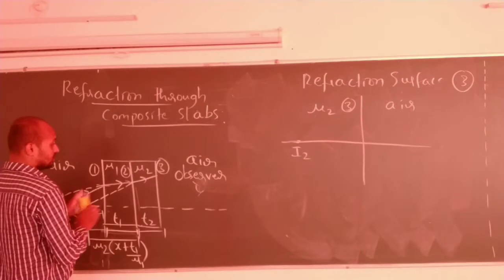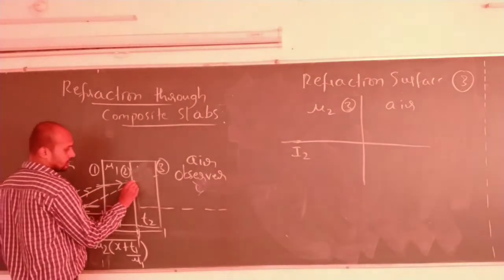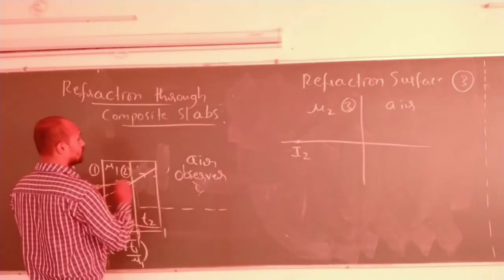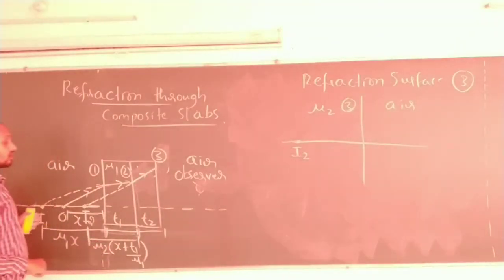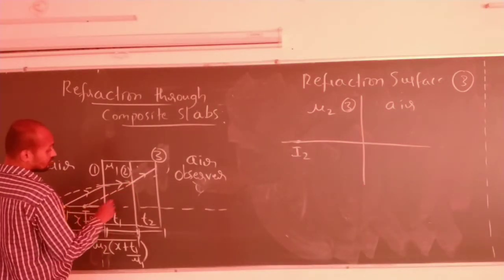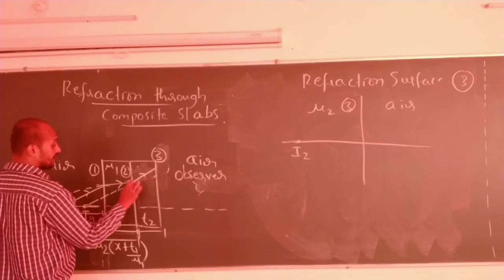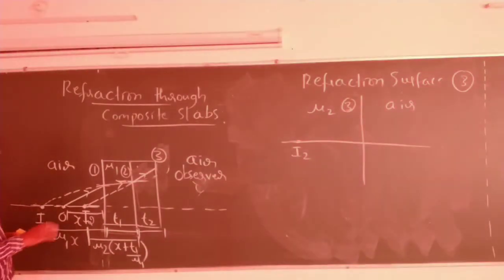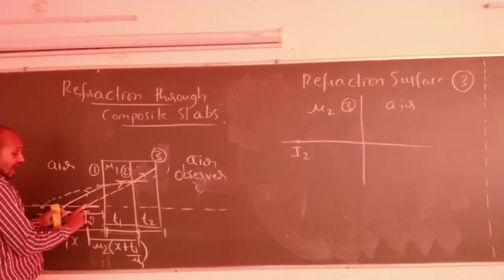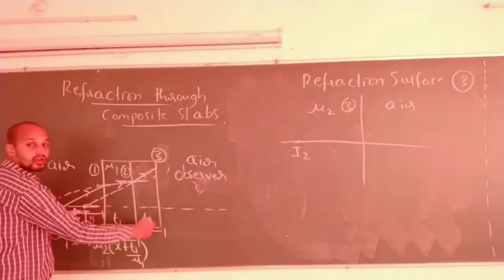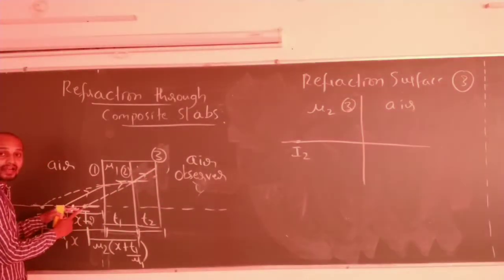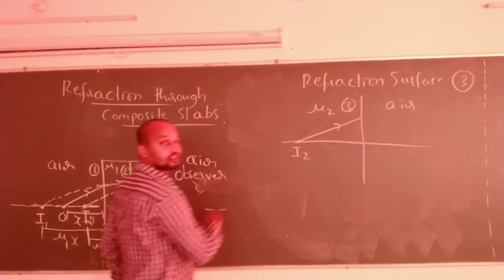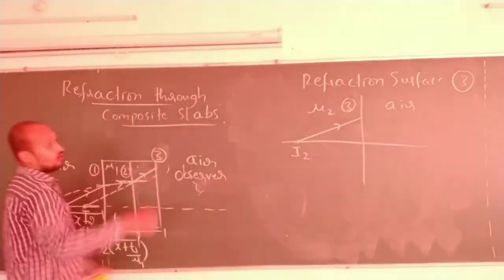Actually, here this is a straight line now. It will go like this. So this is the third surface. It was supposed to move like this, but it is moving like this. If I draw one normal line, it will be moving like this. Now see here, this I2 will act like an object to the third surface. It is happening in the same manner that I am showing you.